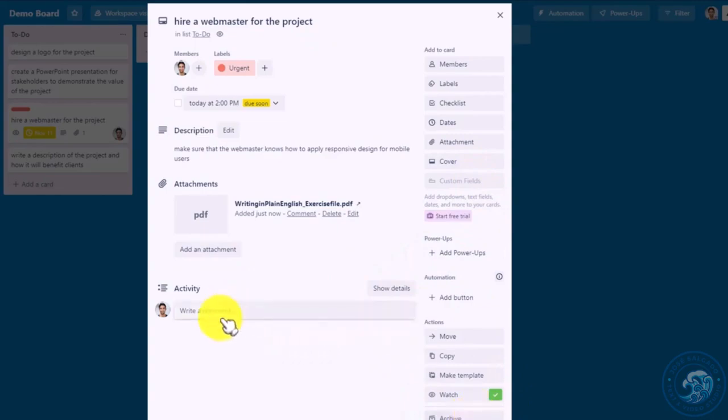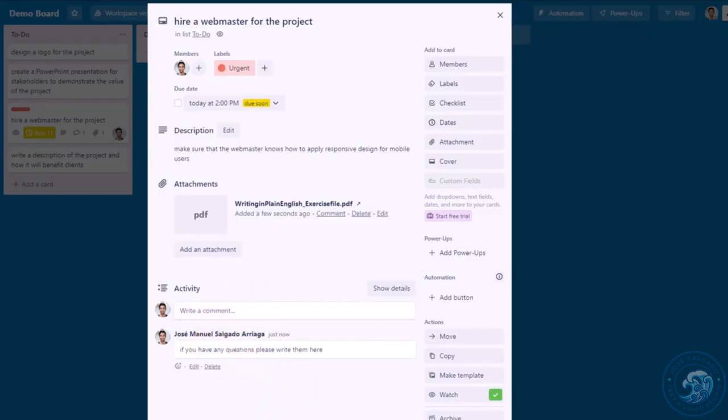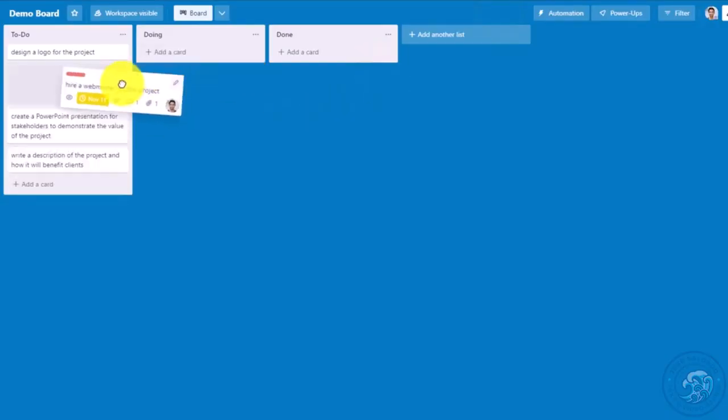Also, the Trello card has this activity section, which is for establishing a conversation. So here I can tell the person who's going to be doing this, if you have any questions, please write them here. And if they reply, then I will be able to respond, and then we can have a conversation about the development of this task, so that it moves without a problem, and it is completed without a problem, right? So I'm going to put it,